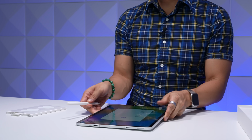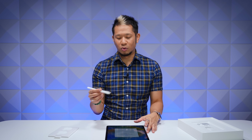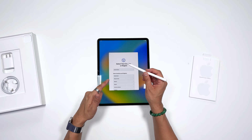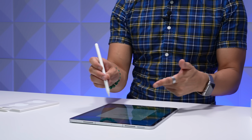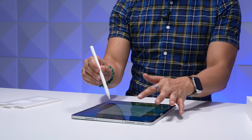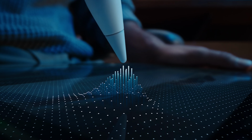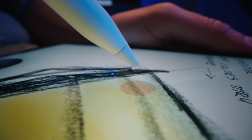Now, this is not a device that has been set up yet, right? I still have to go through the setup, but what I'm really curious about is that the M2 is the only chip that can take advantage of this Apple Pencil hover feature, because there's a coprocessor inside this iPad. With this new coprocessor, it's always been able to handle touch output, but it can now read the Apple Pencil starting at 12 millimeters away from the screen, and then determine its X and Y axis and location,